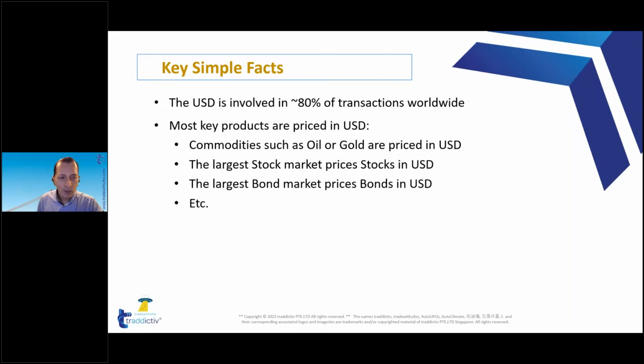So obviously, whatever happens to that currency has an impact. And the impact is major because the products, the markets that are traded in US dollars are typically the most relevant markets in the world. So oil is priced in dollar, gold is priced in dollar, the largest stock market in the world is priced in dollar, the largest bond market in the world is priced in dollar. I can make a longer list. I'm sure you could yourself add more to the list. I just kept it relatively short just to move into the next slide quickly, but you get my point. It is the most important currency in the world.